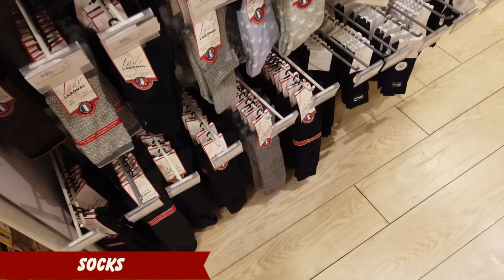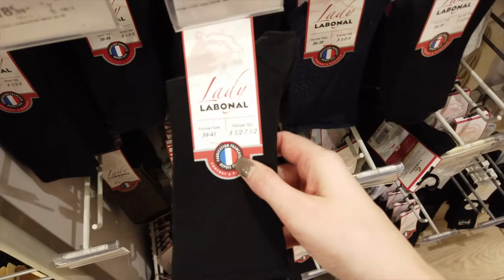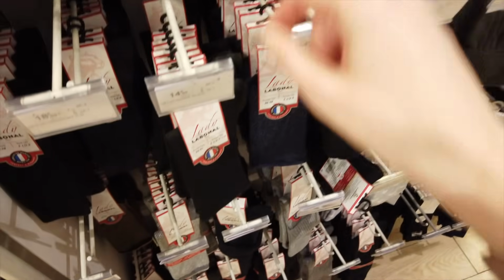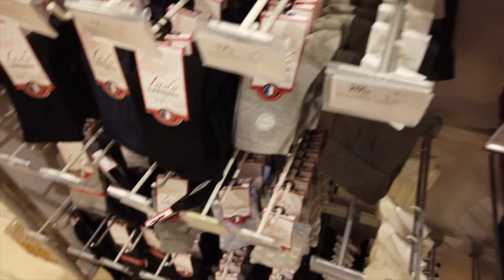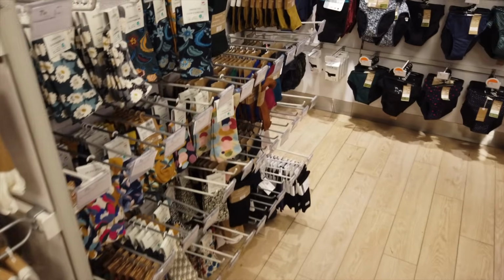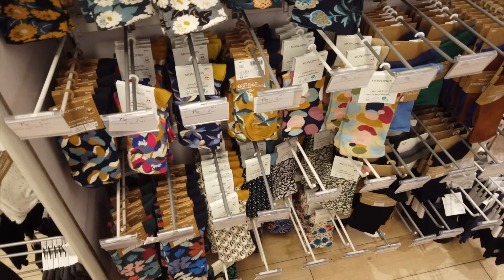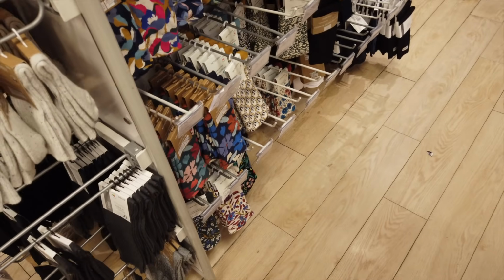If you can't tell, I'm a big fan of functional gifts, and socks are always a good thing to have. This particular brand, it says they're French fabrication since 1924, and all different kinds that are wool, silk, cotton, sporty, and all of that. These are actually, let's see, they say they're recycled materials, but definitely don't count out the French grocery store when you're looking for souvenirs. I mean, depending on your relationship with the person, you might not want to get someone socks or a dish towel and that sort of thing,